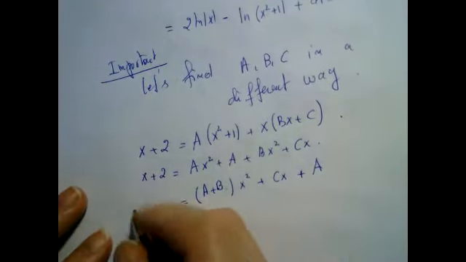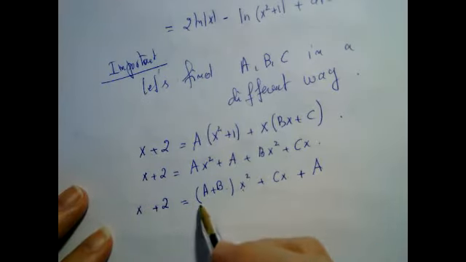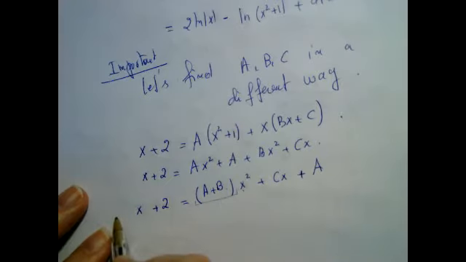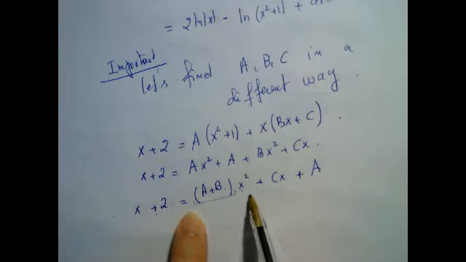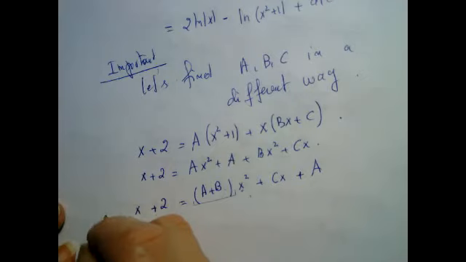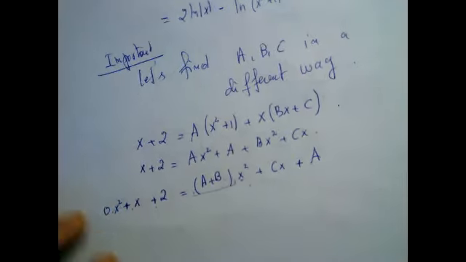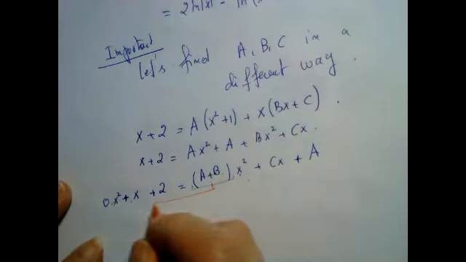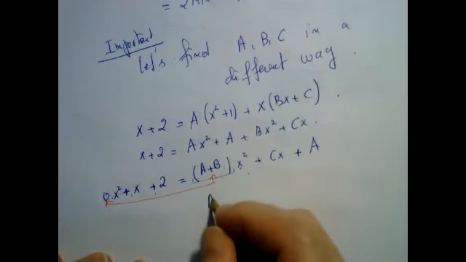And then we say the following. So that's x plus 2. The coefficient of x squared here, which is a plus b, is equal to the coefficient of x squared in this piece, because we say that those two expressions have to be equal for all x. Now, of course, there is no x squared term, but this means that this is 0x squared. So I say a plus b should be the same as 0. So I come up with my first equation,